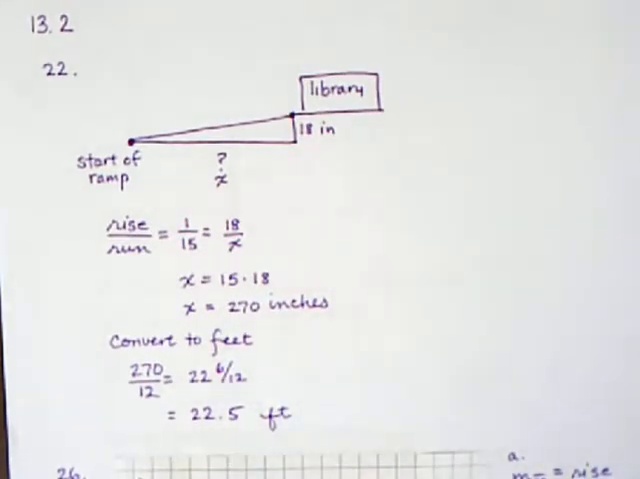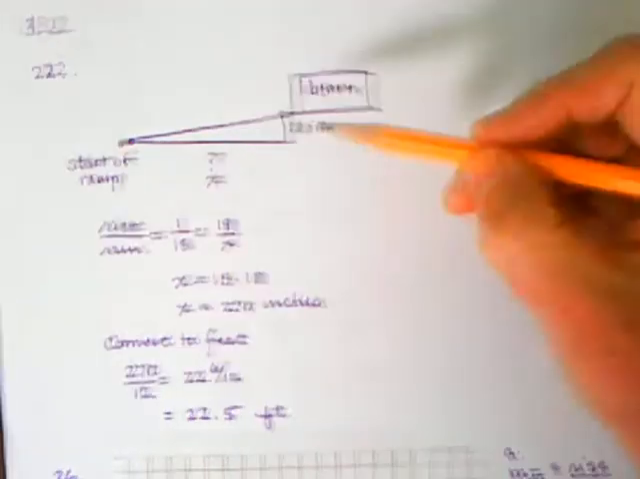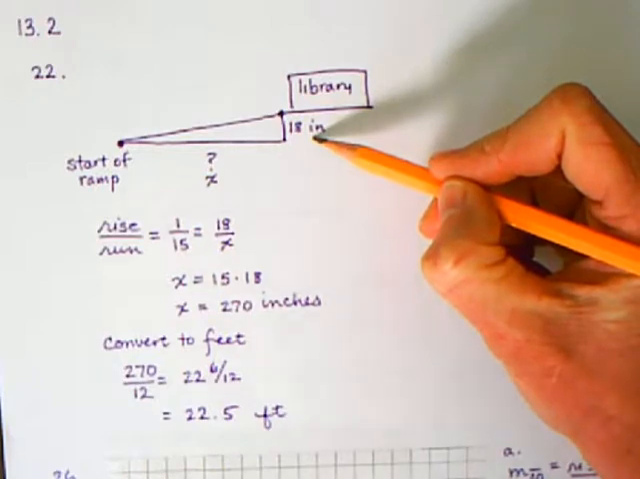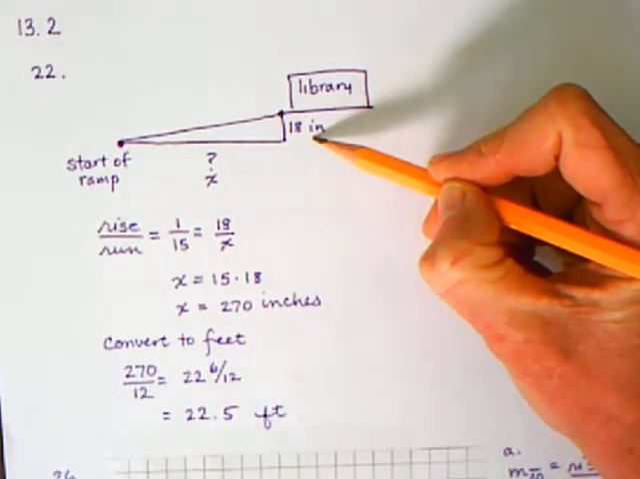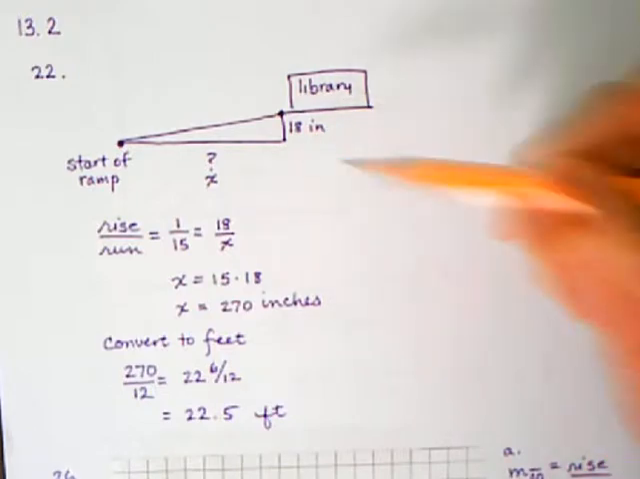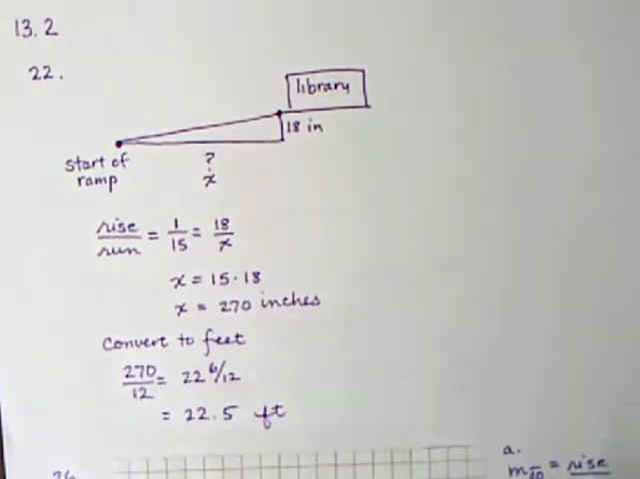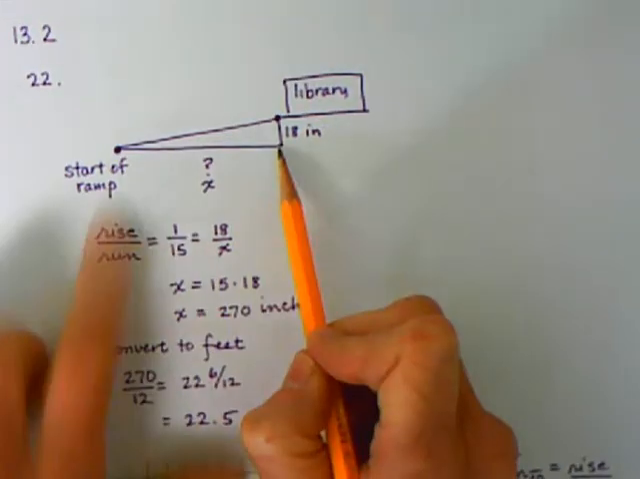Okay, a wheelchair ramp is to be built at the town library. If the entrance to the library is 18 inches above the ground, so there it is, 18 inches above the ground, and the slope of the ramp is 1/15, how far out from the building will the ramp start? So what we need to do is figure out if this is,